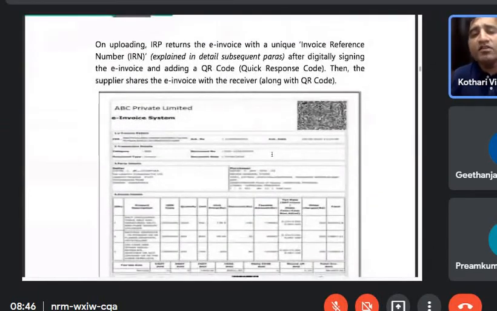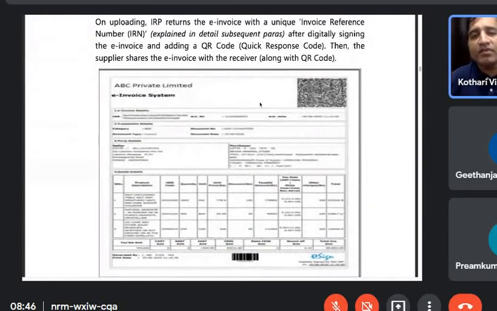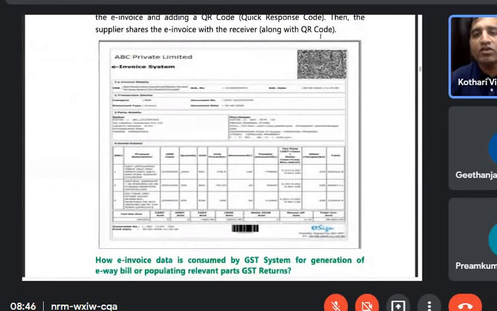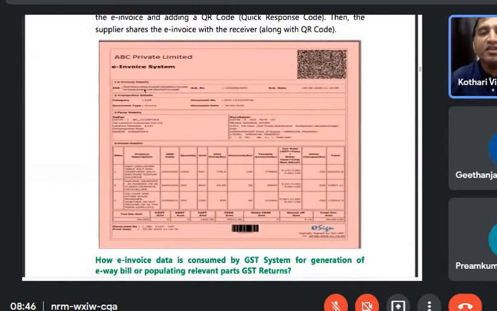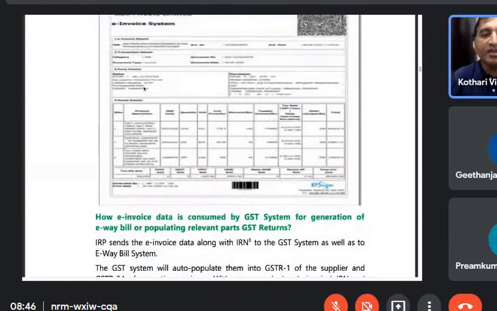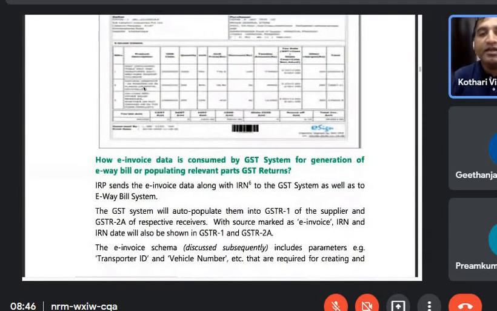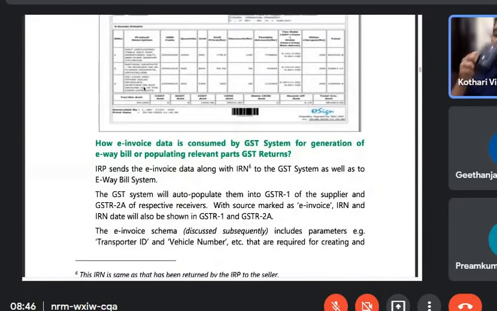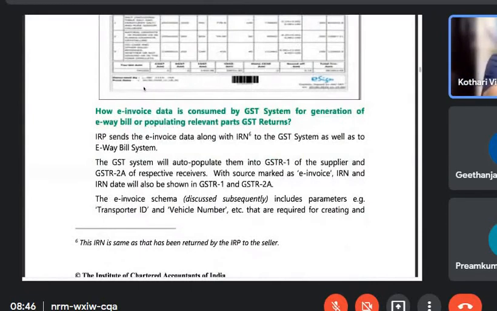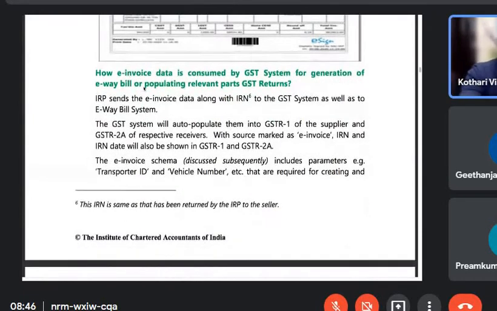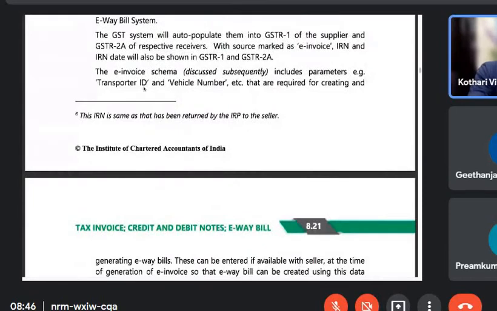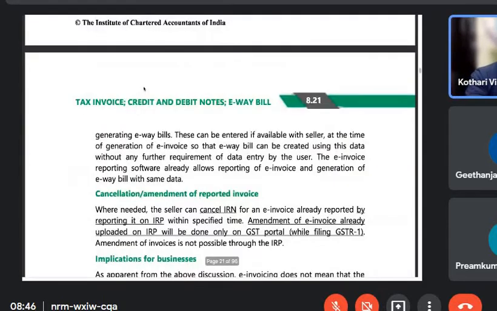So once it is uploaded, you get the invoice reference number and the QR code. You can see here the QR code. This is the QR code, and the 64-digit invoice reference number is available. It is mandatory that the invoice reference number and QR code be mentioned in the invoice. And by this, GSTR-1 is auto-populated,